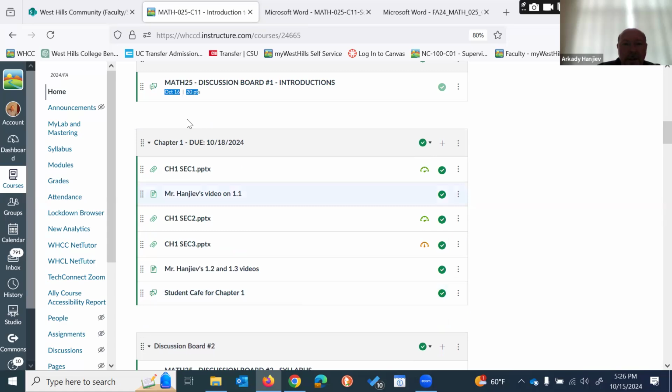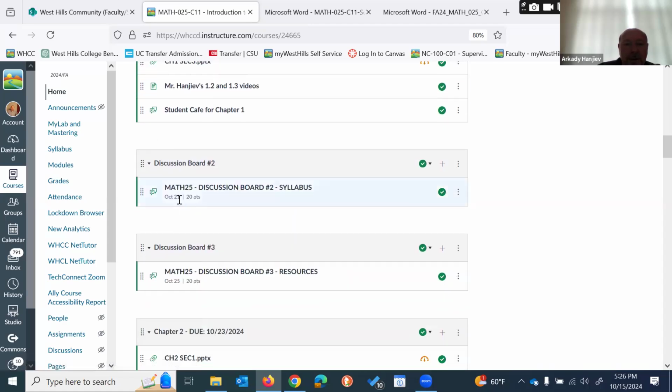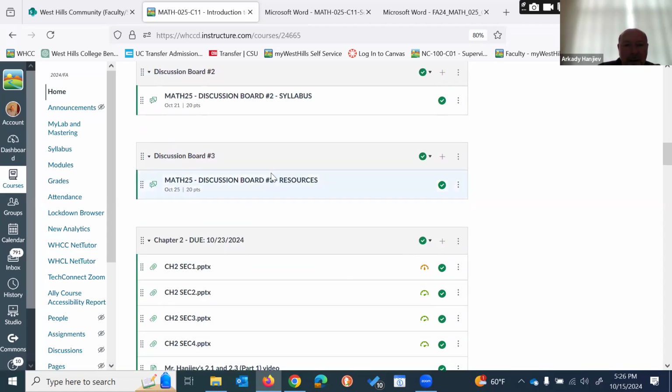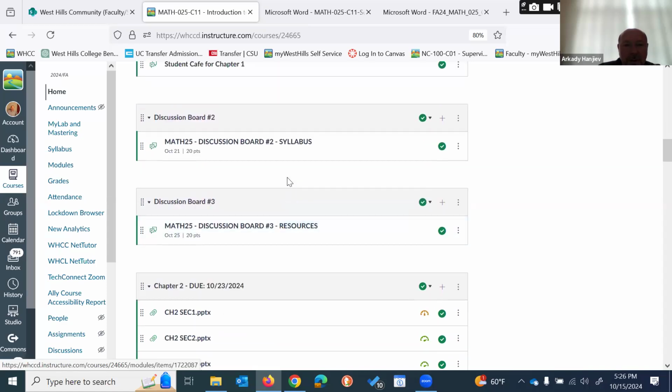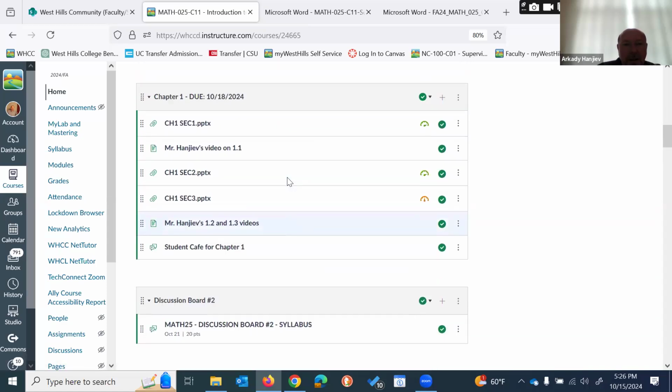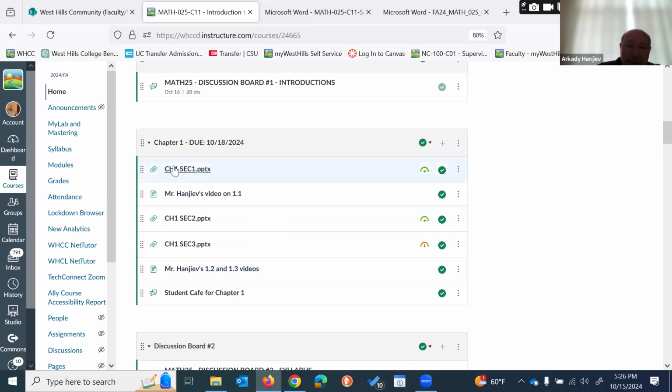Okay. So then the due dates here are printed. So this is the 16th of October. This will be the 18th, which is that Friday. Then we got the 21st, and I'm just going to check here as we go, make sure they're all listed in order. All right, so for chapter 1, if you want to see, this is the PowerPoints